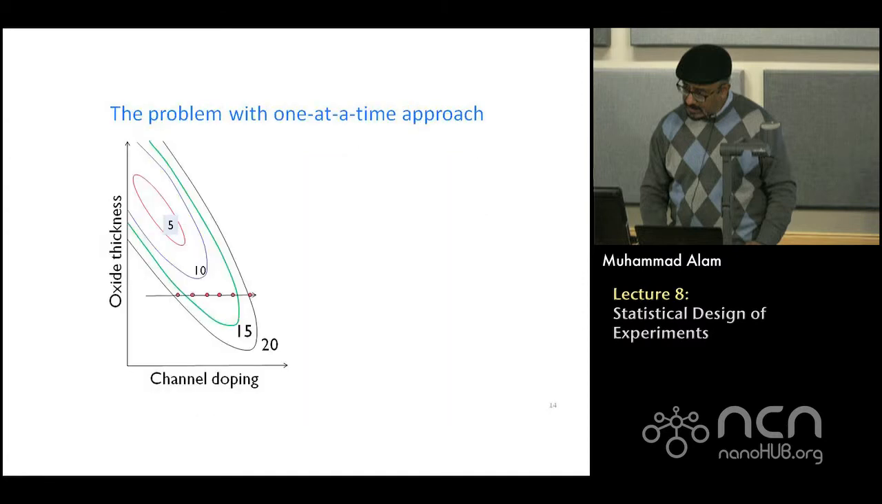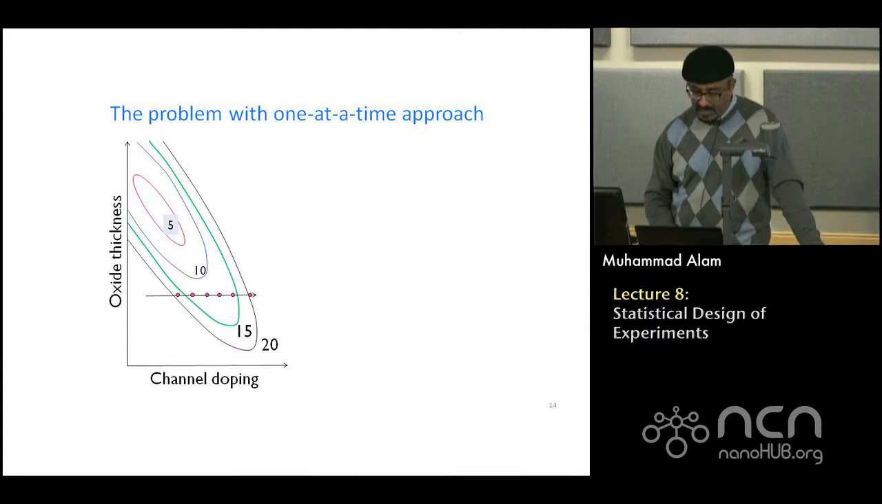And the simplest example is this. Let's say you have oxide thickness and channel doping, and let's say your peak, or valley, is over there. Let's say you want minimum hot carrier degradation. So you are doing one factor at a time, doing these experiments one at a time. And at this point, let's say you get some minimum value, 20, 15. So you'll probably get a 12 somewhere here. And then what you do,